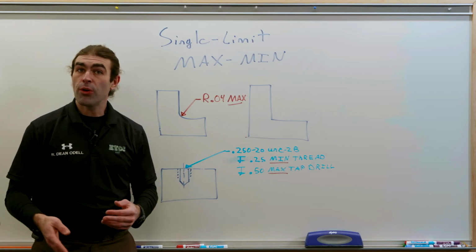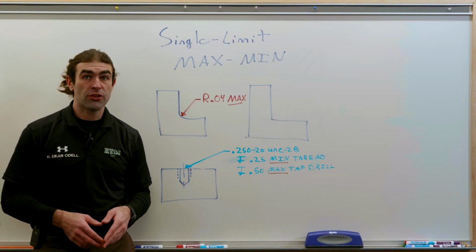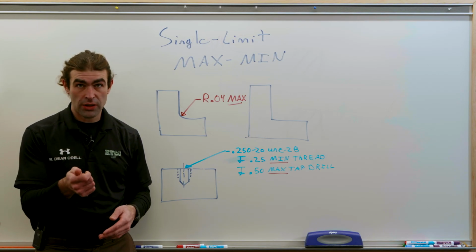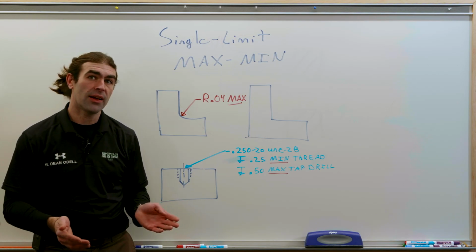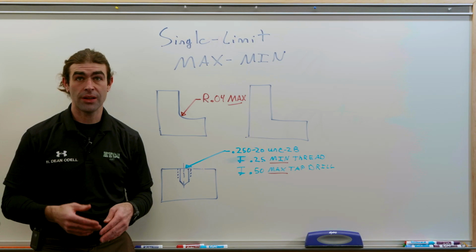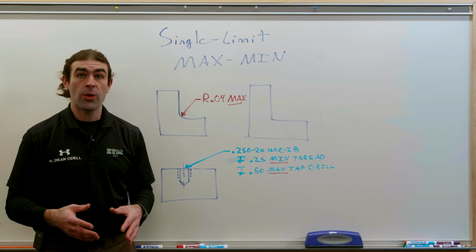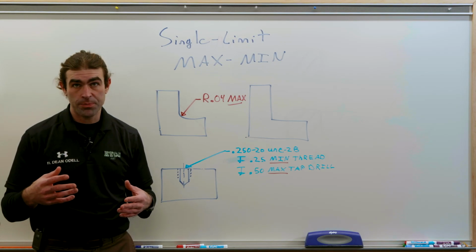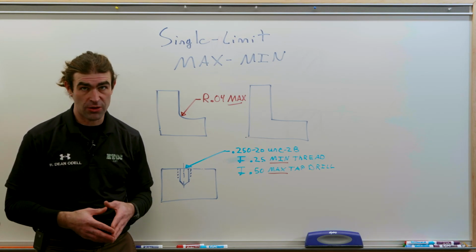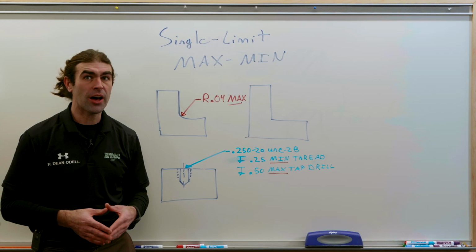Now, this is helpful to manufacturing because they can just look at the tool they're using and make sure it's not over 40 thousandths, and they're done. If you put 40 thousandths plus or minus 10, now they need to go and measure it most of the time. Sometimes, you can get away with it. Now, the other kind,